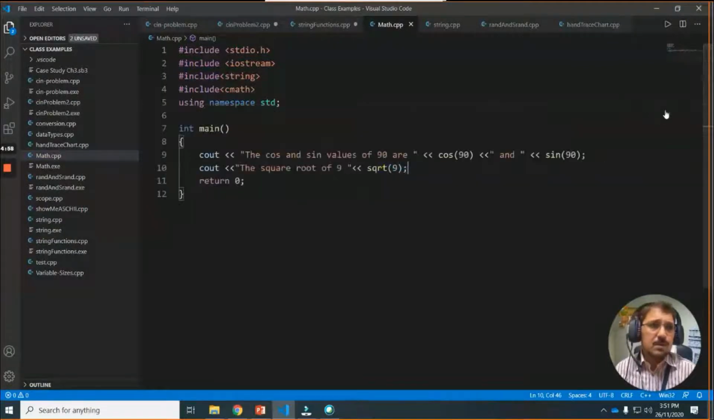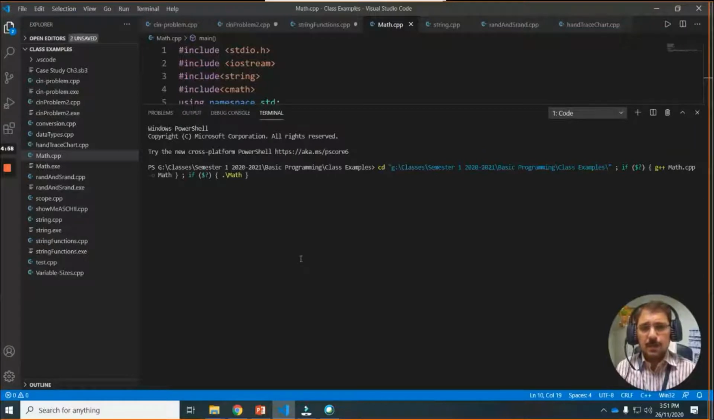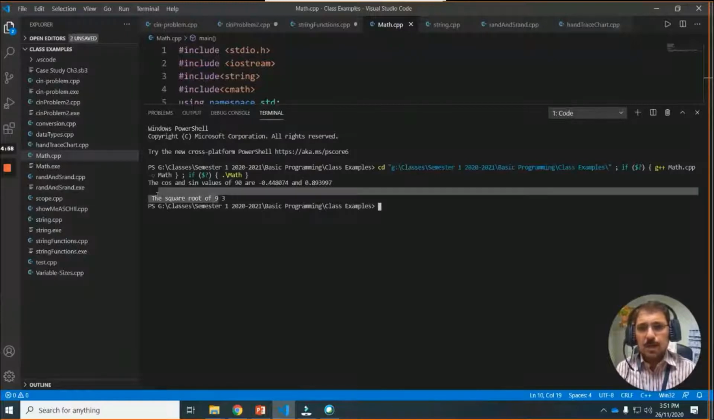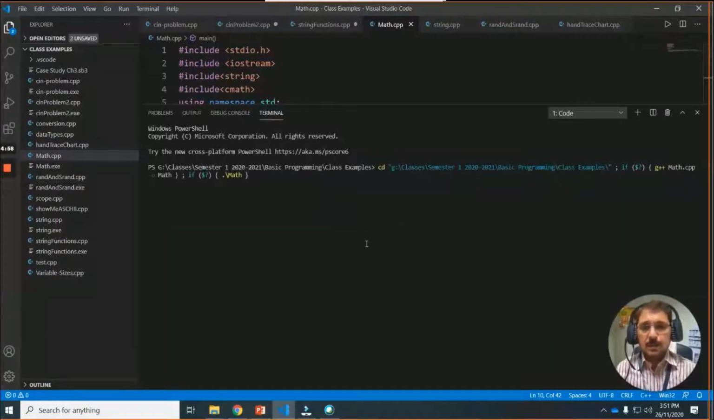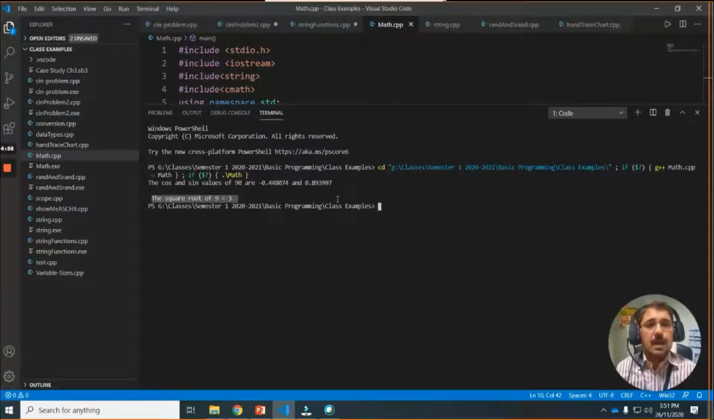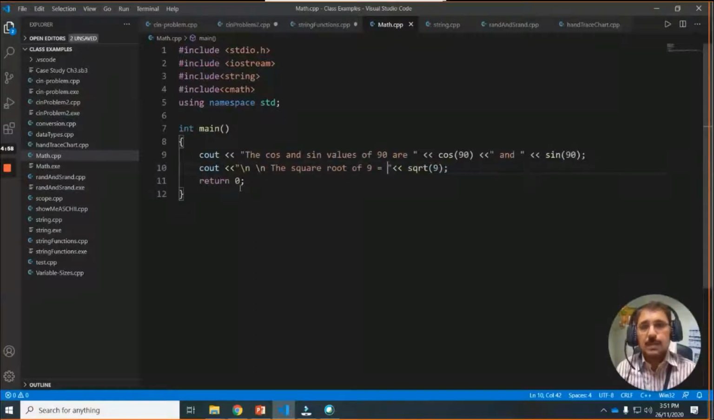Oh, I didn't put, no, sorry, new line. Let's put two new lines. Save again and run. Now, so you see the square, oh, I didn't put equality also. The square root of 9 equal to this one. Yeah. So you can use square root, you can use sine, cos, tangent, all these math functions when you